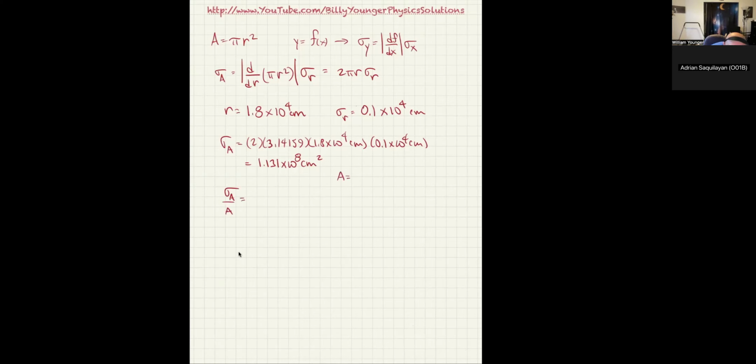So A would be 3.14159. I always do way more sig figs than necessary on this. But times 1.8 times 10 to the fourth, that's centimeters again, and that's squared. So this quantity should be equal to 3.14159 times 1.8 times 10 to the fourth squared. That gives me